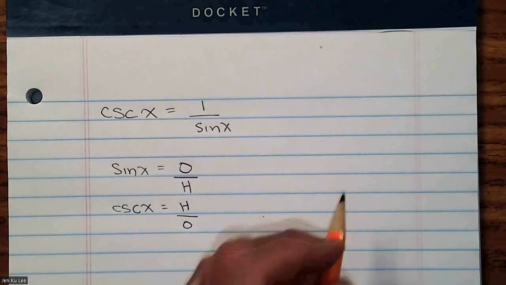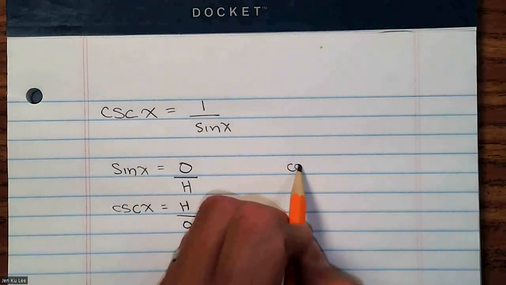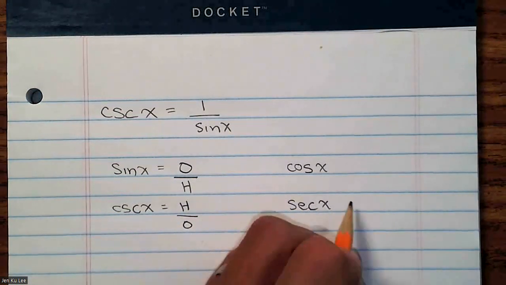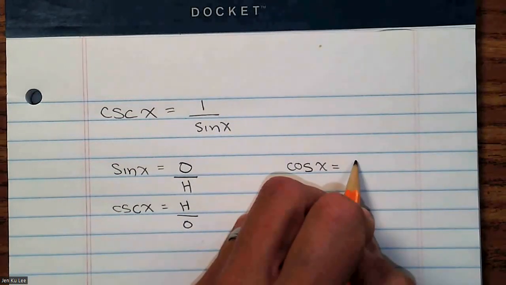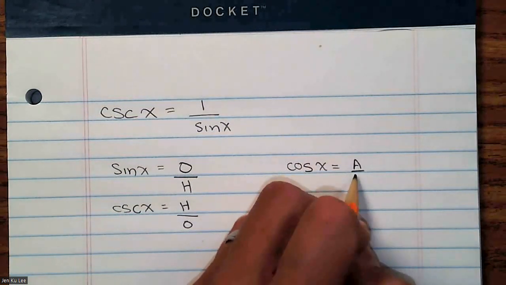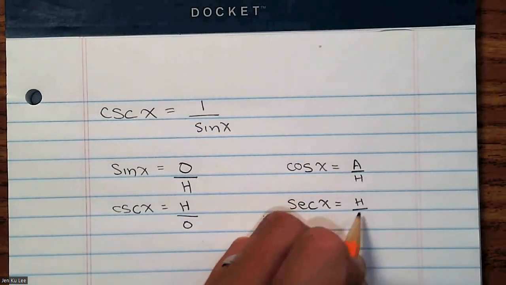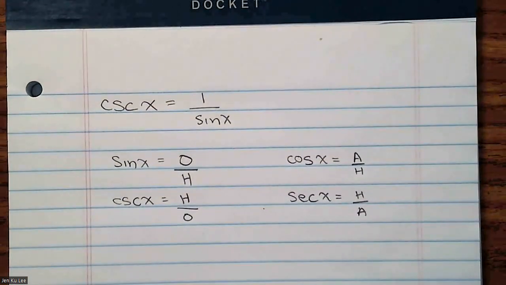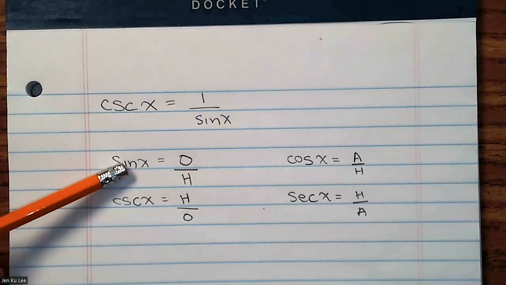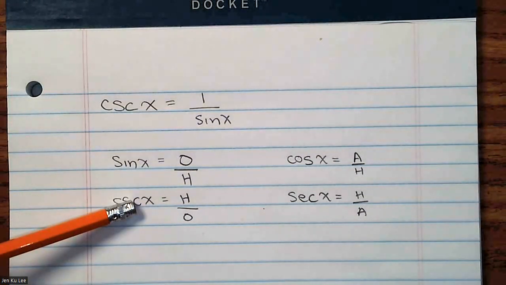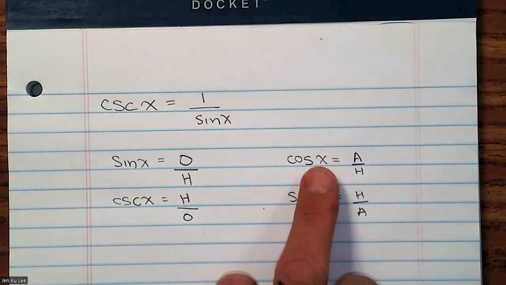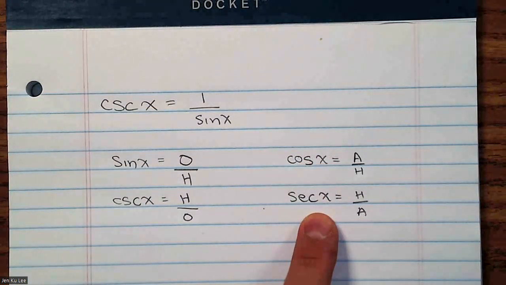Same thing with cosine and secant, right? It's adjacent over hypotenuse and then hypotenuse over adjacent, right? Okay. So based off of the fact that sine and cosecant are reciprocals and cosine and secant are reciprocals,